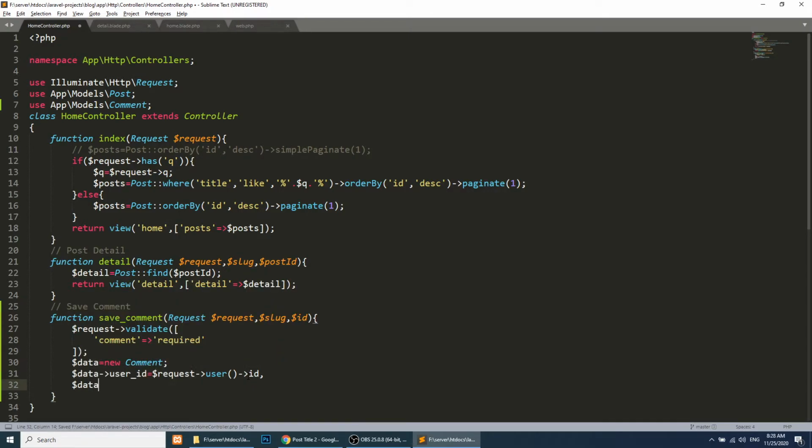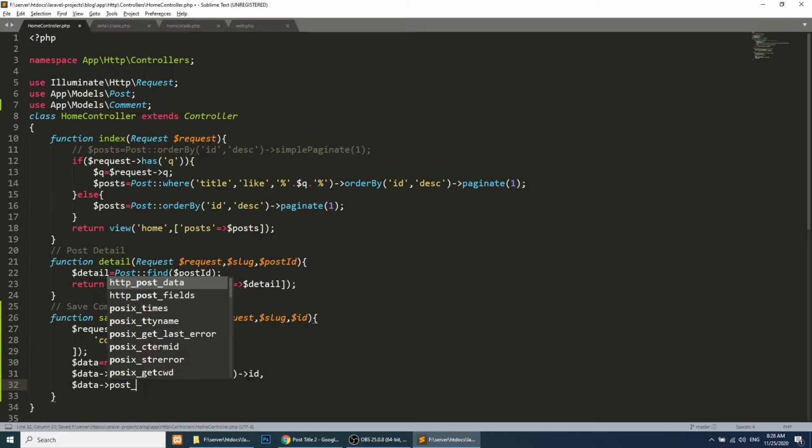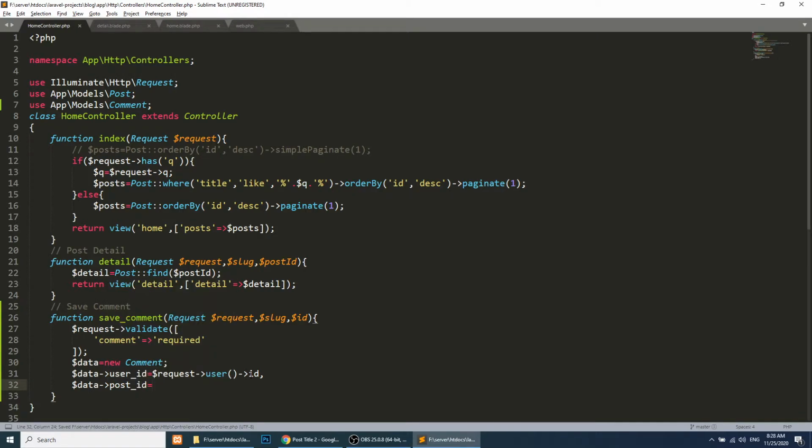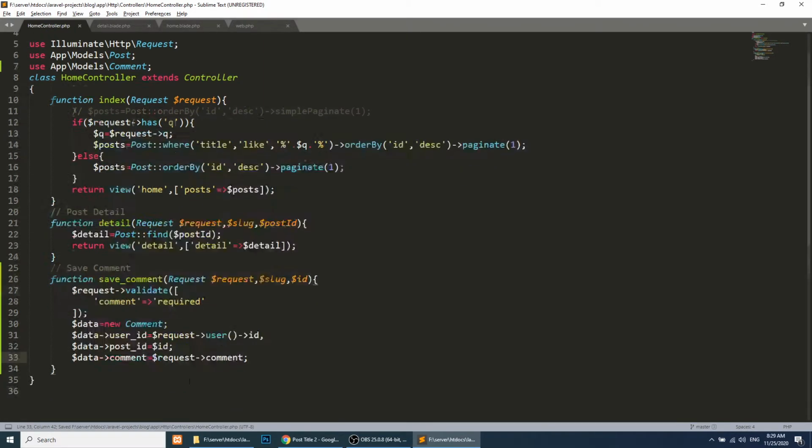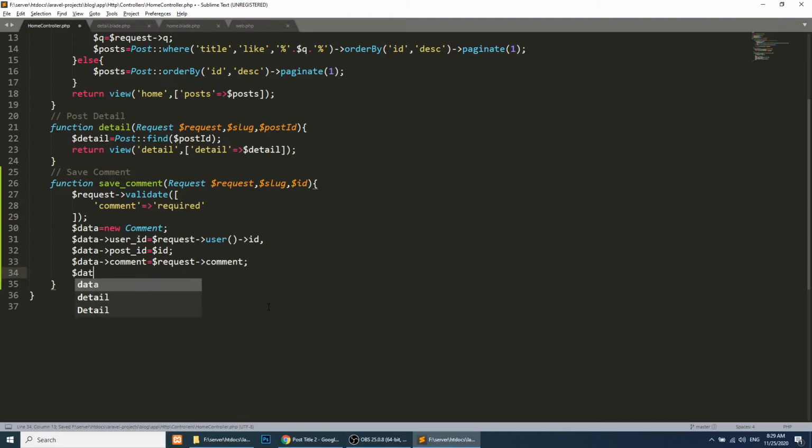And data post id equal to the post id we are passing here, and data comment, we are getting the comment from this request. Now we have all the data, so we will save this.